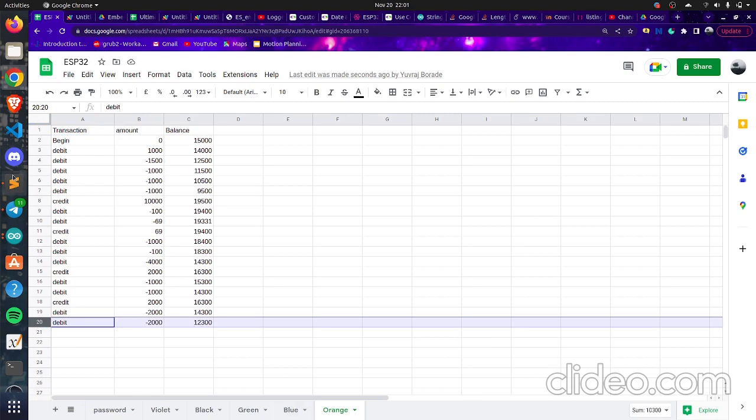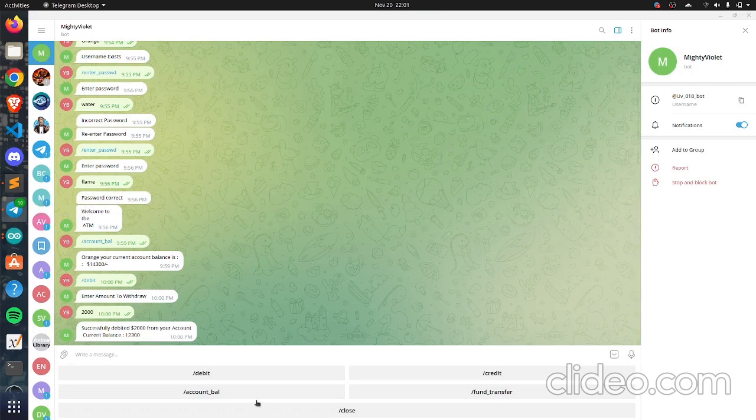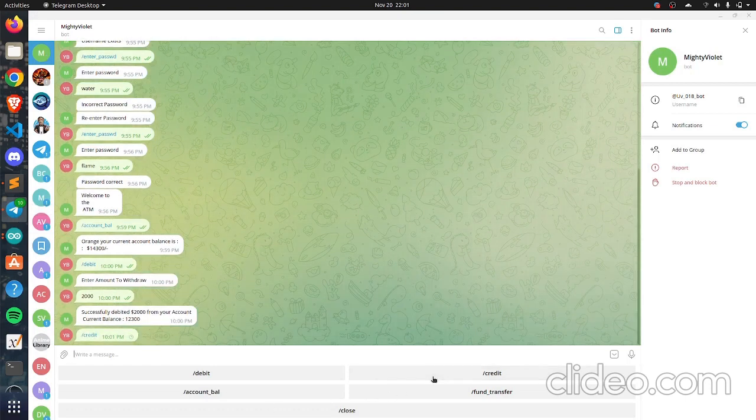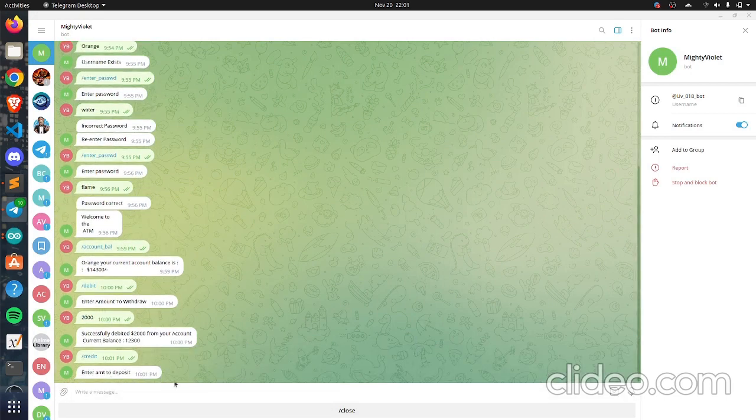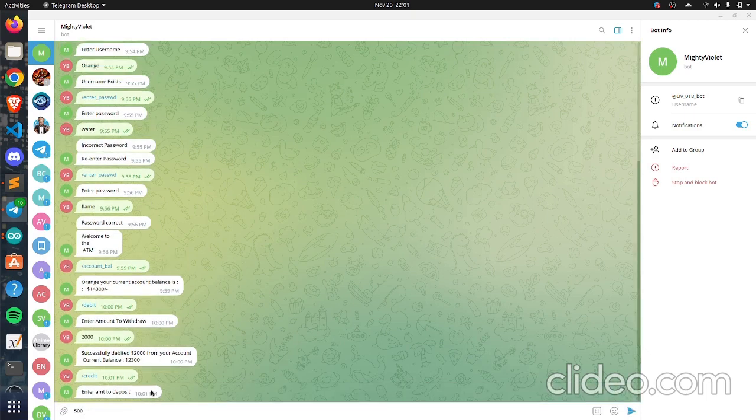Now let's try credit. When I credit the account, we will be depositing some amount in Orange's balance. So it's asking me the amount that I want to deposit. Let's say I want to deposit 5,000.